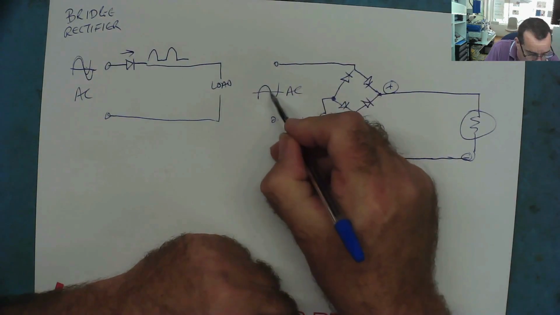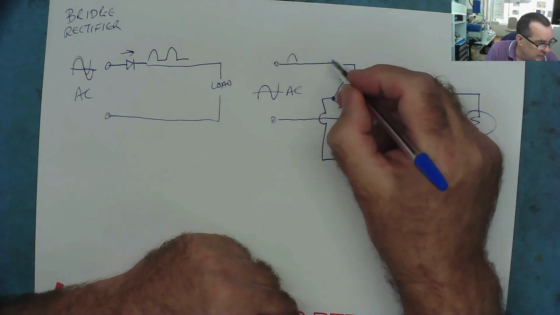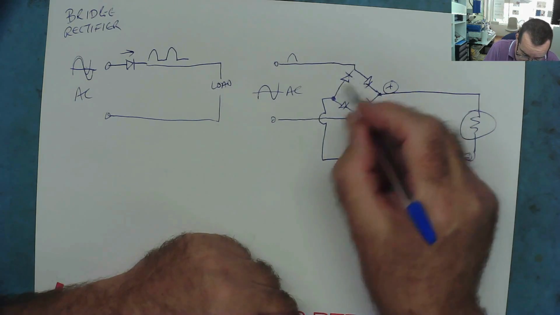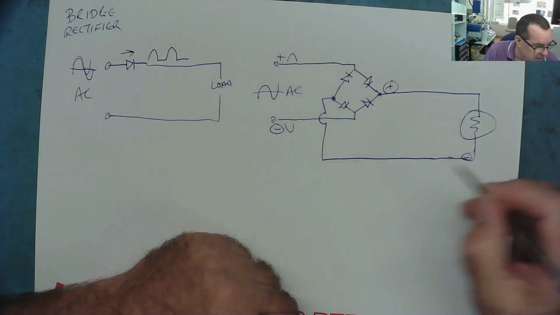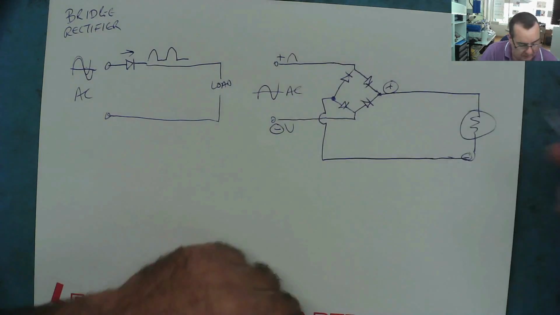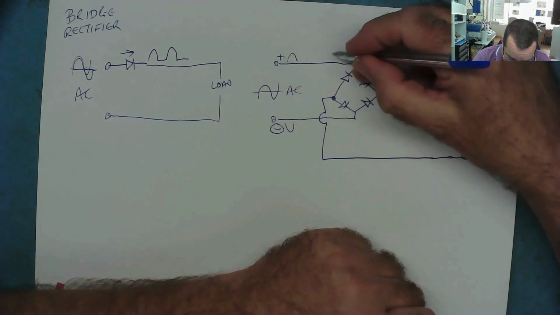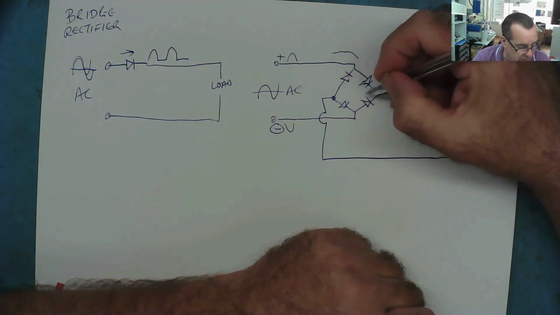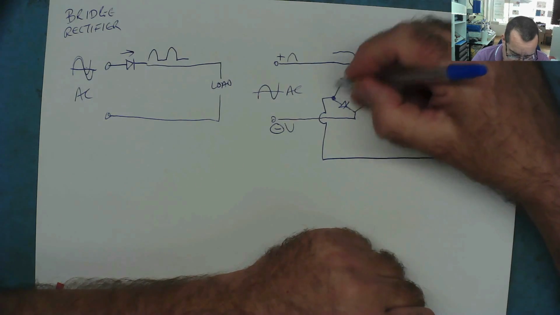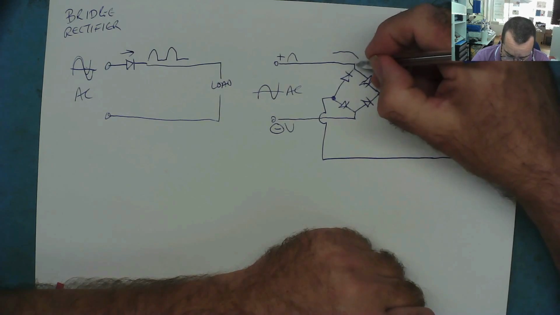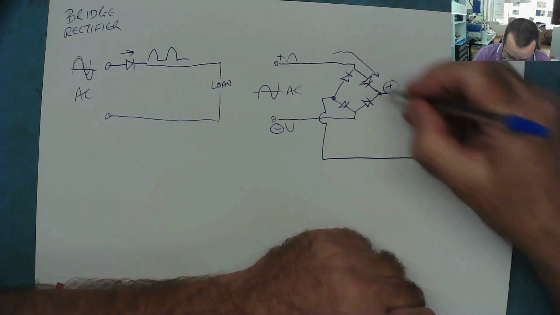During the positive half cycle, this pin is positive. This is positive related to this. So this point here is positive in relation to this on the positive half cycle. Okay. Let's see how the current flows through our bridge rectifier. So the positive flows in and it comes to these 2 diodes. So it's got to go one way or the other. It can't go that way because this diode is reverse biased. This end is positive compared to this end. But it can go through this way, forward biased. So the current flows through here,